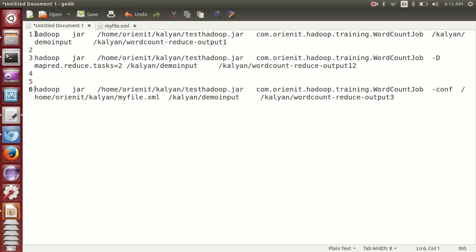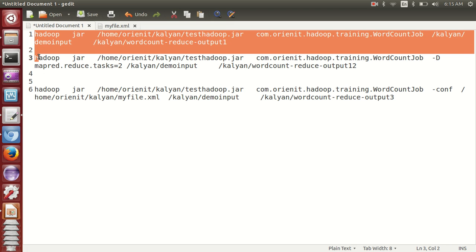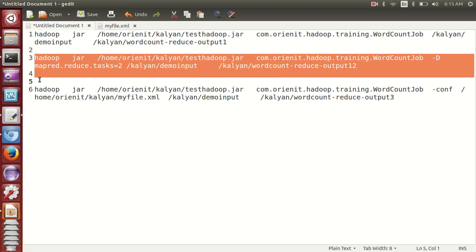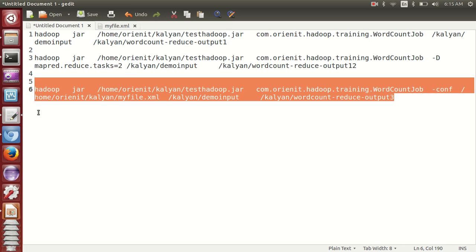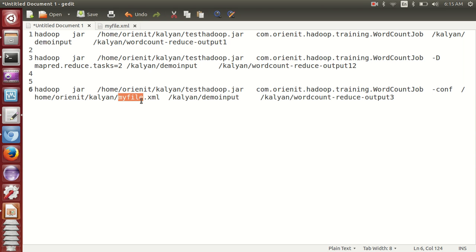So we can see the options. Generally the first one is without having any properties, the second one is command line properties, the third one is with XML properties. Which is the best? This is the best one. Why? Because we can always memorize your values, and whenever you want to use them you can read them. Otherwise, if you are typing like this, we need to read again and again. That's a difficult task at the production level.